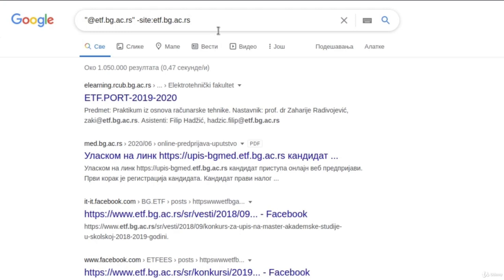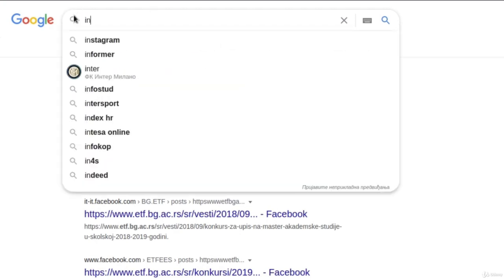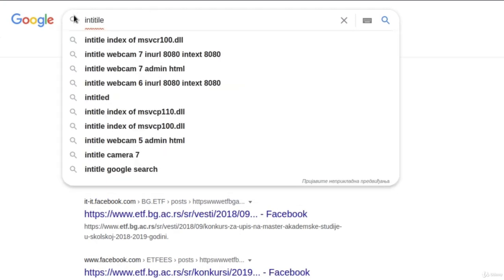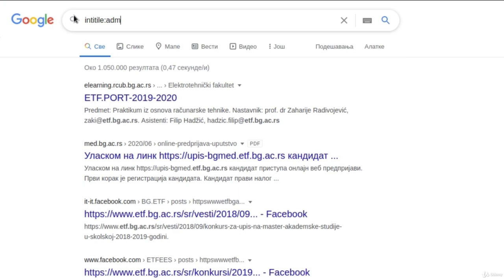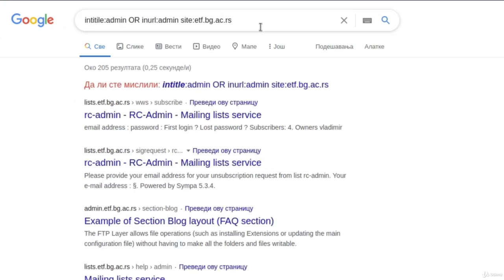To do that, we simply type in title: admin or inurl: admin as well, and then we specify which site. And let's use this same website, this university website. So this is the command, and let's press enter. Then we get some responses right here. If you go to any one of them,